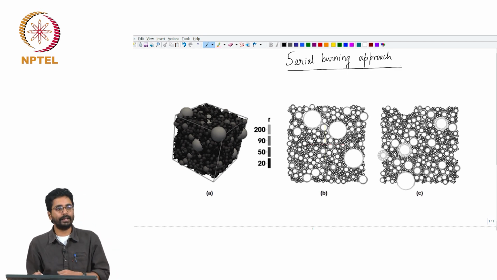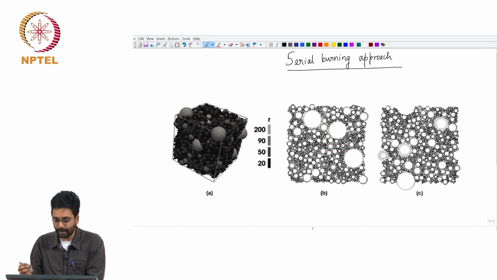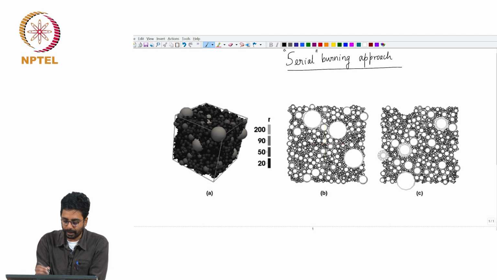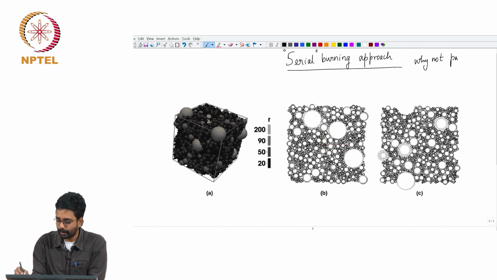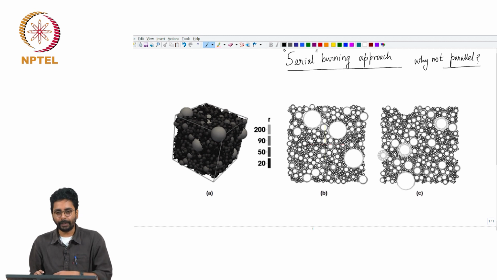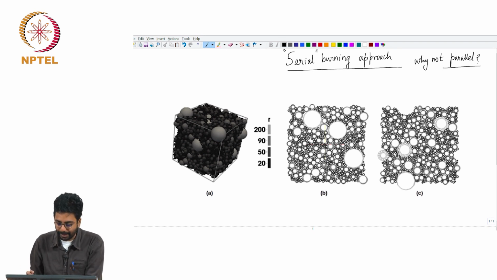Okay. What I did not explain in detail when we spoke about this last time is why serial burning and why not parallel. Let me just explain first what I mean by serial and what is meant by parallel. In the serial burning approach, what we have been doing is to